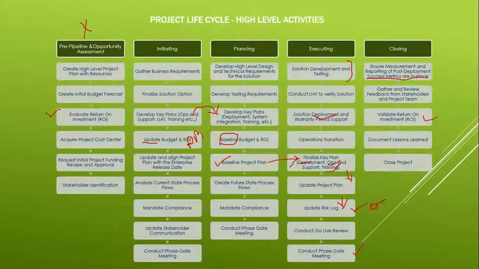Then you do the closure of the project. When you do the closure, all resources are released from the project. Any issues after the project closure will be handled with a new project or whatever timeline they decide. Now this project doesn't even exist in place. No resources are there as part of this project.